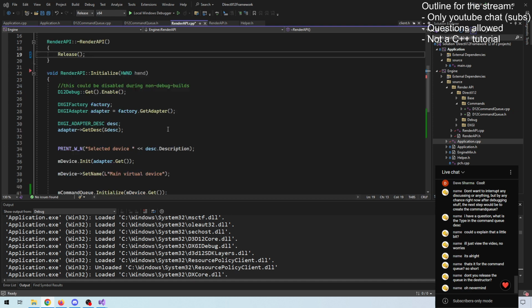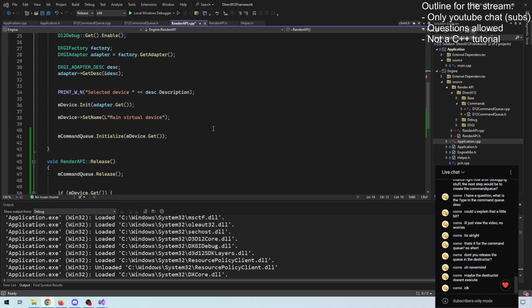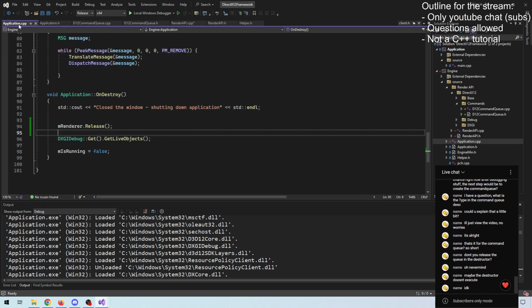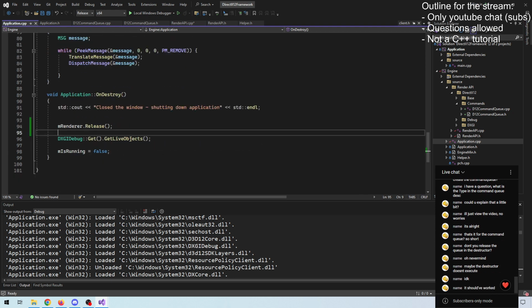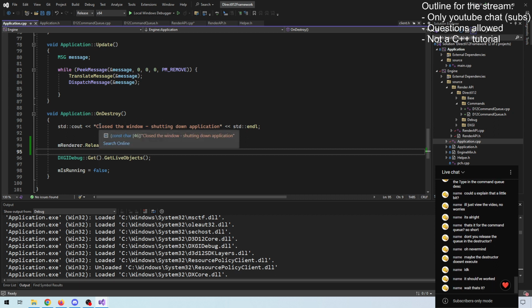All right. So that is it for our command queue. Well, the destructor does execute, but since we are reporting the live objects when we try to, no, it's a matter of when things get called. So the destruction of, oh,